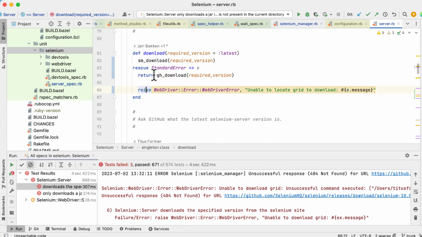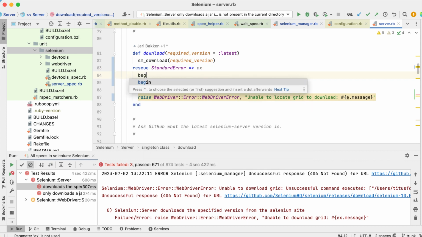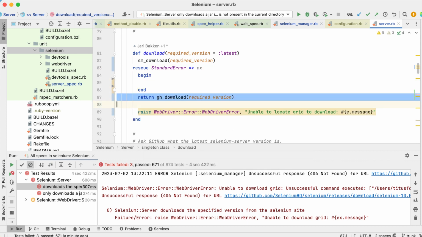So if it, guess we're doing, we could nest these, because it's never actually going to get this if this gives an exception. So we do need to begin